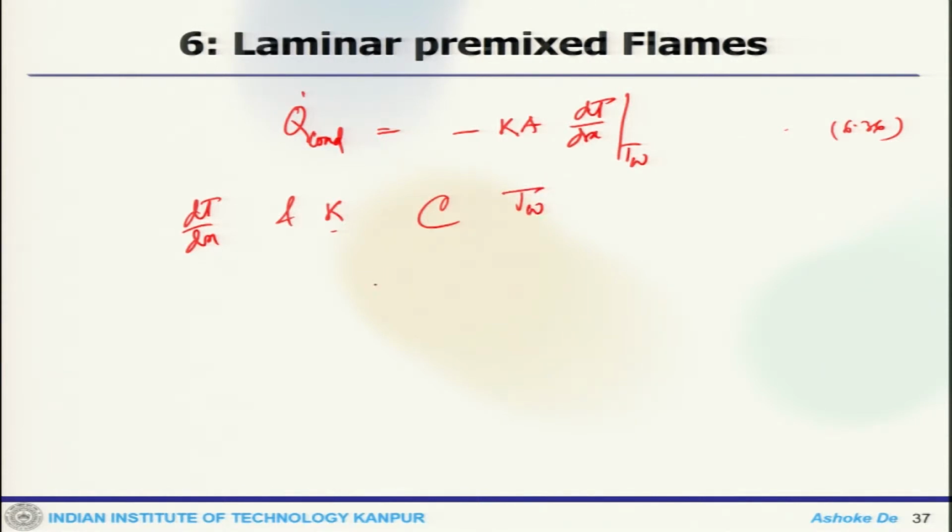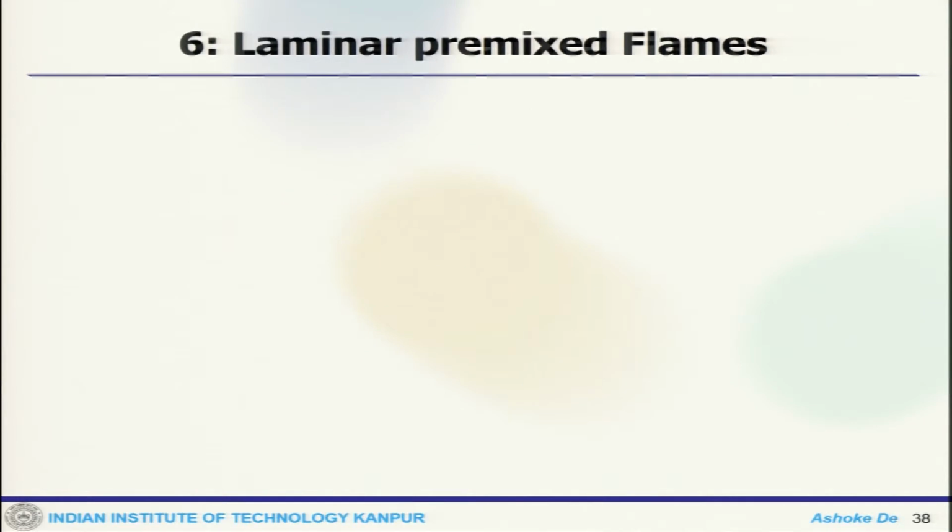Okay. Now, area is 2 delta L, where L is the slot width. Now, the temperature gradient is not straightforward to evaluate, as we have already seen earlier, that dT by dx. So, one can have a lower bound for dT by dx. Now, this evaluation of dT by dx is a little tricky. So, the lower bound of that is Tb minus Tw by d by 2.